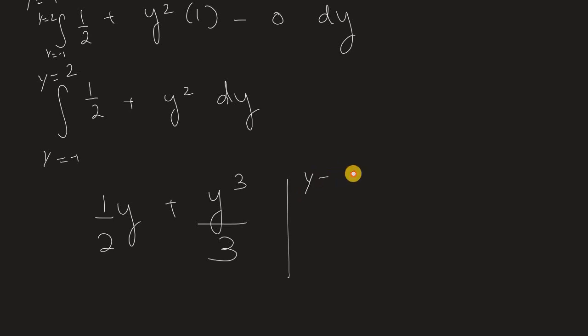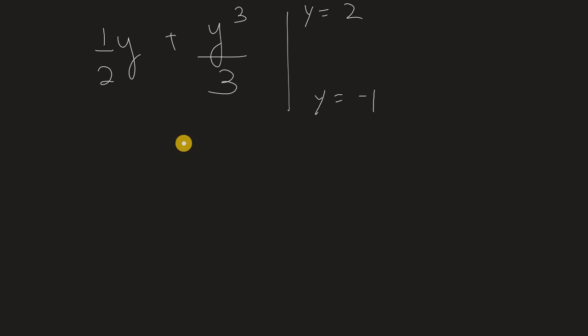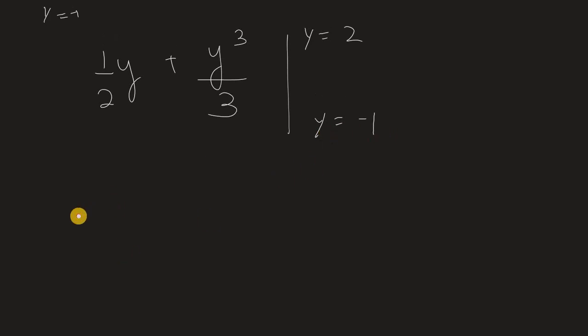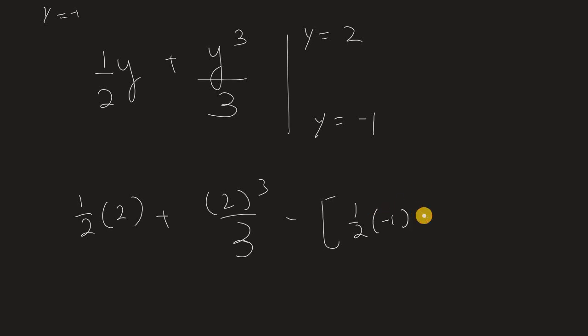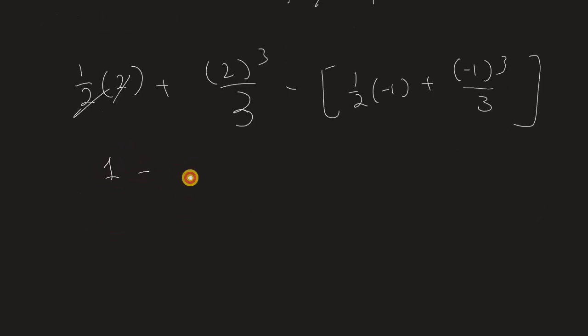Okay, now from y equals 2 to y equals -1, we're going to plug in 2 and then -1 inside it. So first we're plugging in 2 inside. Okay, and then minus this equation with -1 plugged in. And if you solve all this, this should give you 1 plus 8/3, negative, this is a negative,